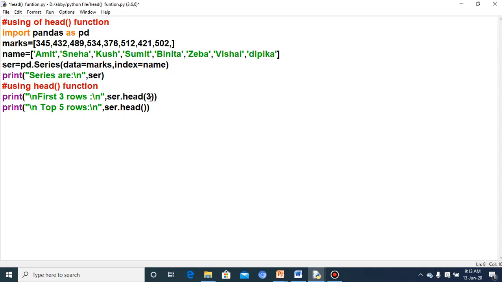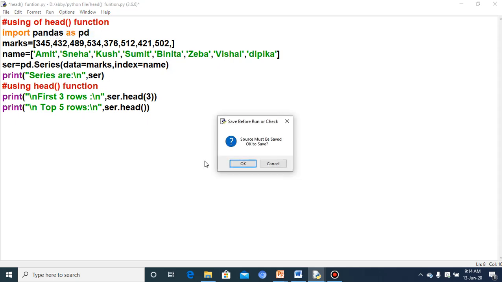If you provide the number for the head, that many rows will return. And if you do not provide any value, then by default the head function will take the parameter as 5. That is why the first 5 rows will return. So let us execute this program and see what output is coming.